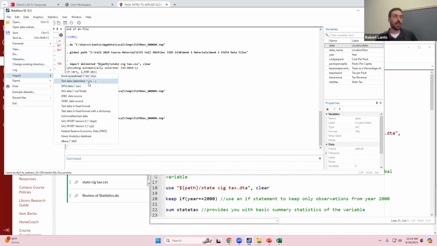CSVs and Excel spreadsheets are a slightly different format, and so the way that the program recognizes it and imports it is going to be a little bit different. Early on we'll be using Excel files, but generally we'll transition to just using Stata files, which I'm going to show you in just a second. But if you use that XLS option, it won't be able to open a CSV file.